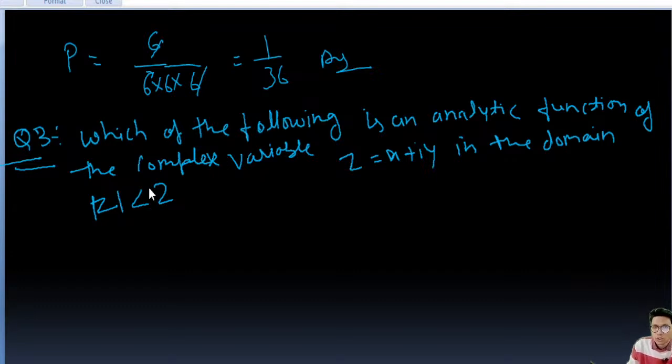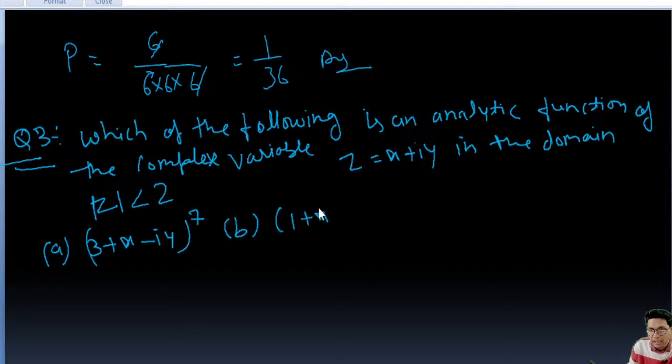Okay, so options are given. Option A: (3 plus x minus iy) whole to the power 7. Option B is (1 plus x plus iy) whole to the power 4 into (7 minus x minus iy) whole to the power 3, and option C is